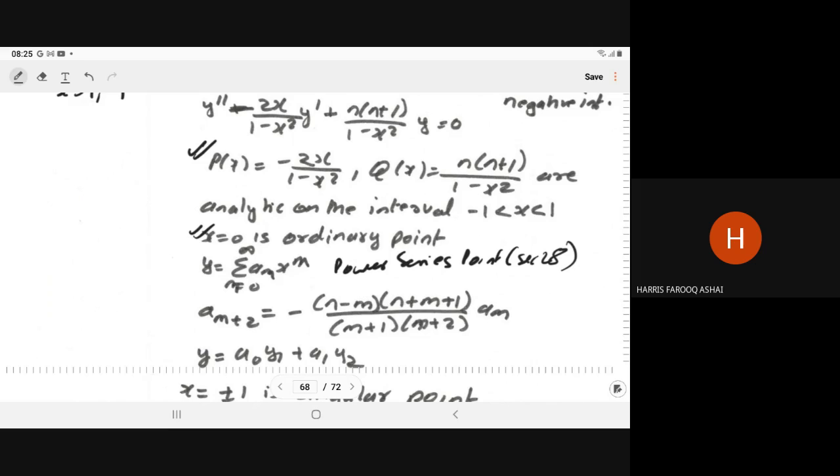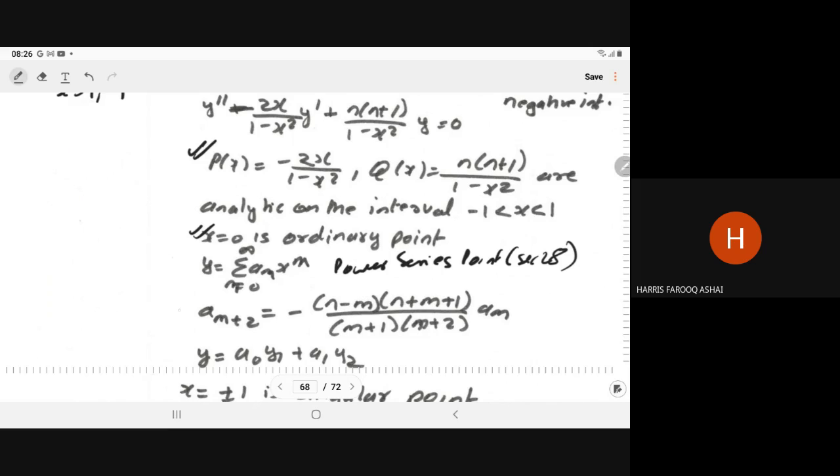Now in this section we will be interested in the regular singular point, at x equal to 1 or at x equal to -1. But in section 28 we have already solved this. In the power series, the solution form is y equal to the summation of a_n x to the power n. Then we find the recurrence relation. Just as a hint I am writing it, because I have to use this recurrence relation.